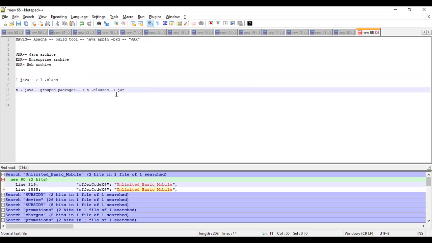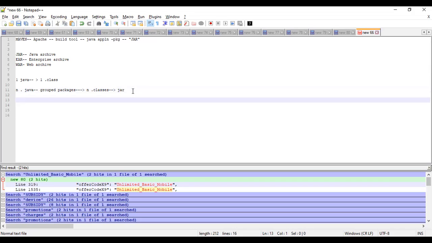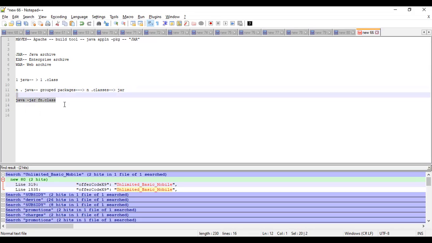So we are actually archiving all the classes in a single file and executing only the jar and not the class. Whenever you want to execute a specific class file from this, you can execute the command, using java -jar and a specific file name, .java or .class. This way, a specific function of a specific class would be executed.